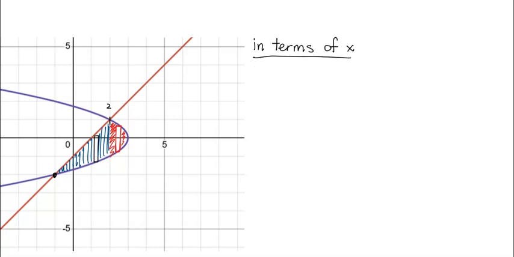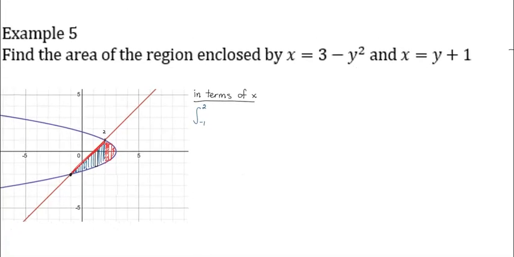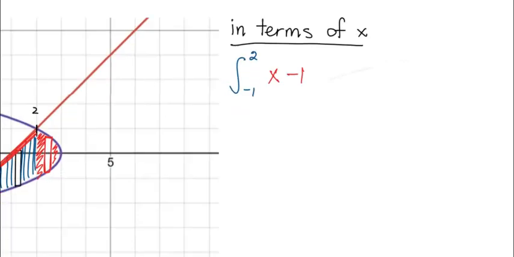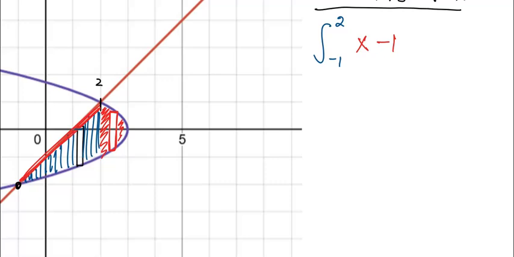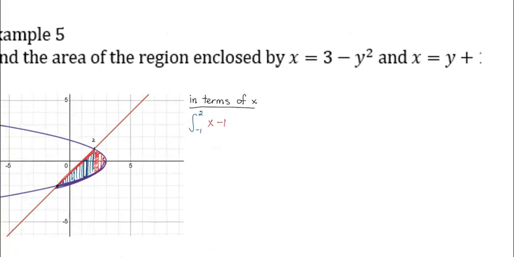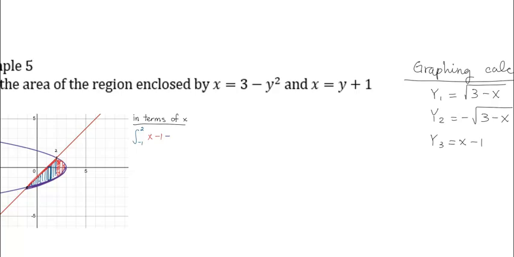I'm going to use blue to represent that first region. From -1 to the x value of 2, on that region, the line is on top, and the equation of that line is y equals x minus 1. And on the bottom of this rectangle here is the negative square root function. So from that, we would be subtracting the negative square root of 3 minus x, and we would integrate this